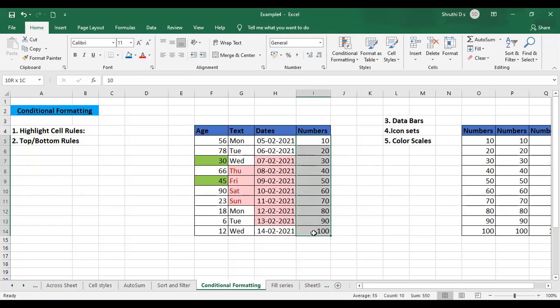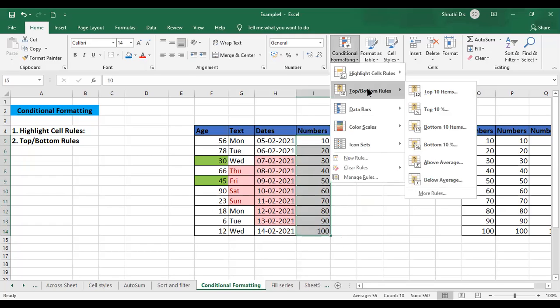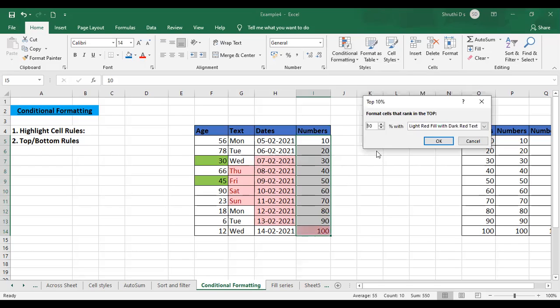Now I'll select this, go to conditional formatting, and again top bottom rules. You can observe there is top 10% and bottom 10%. So what is top 10%? Top 10% means it is 100.